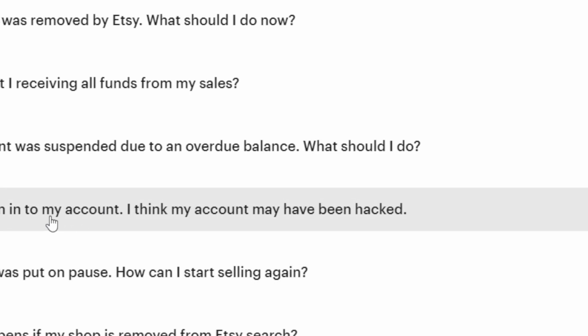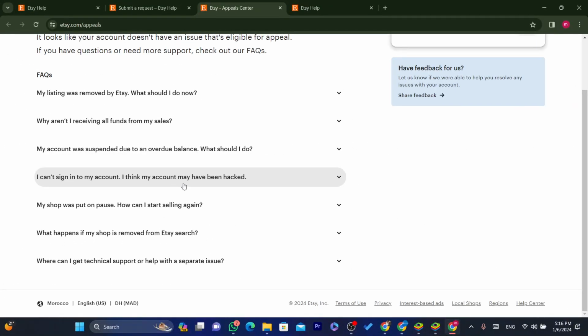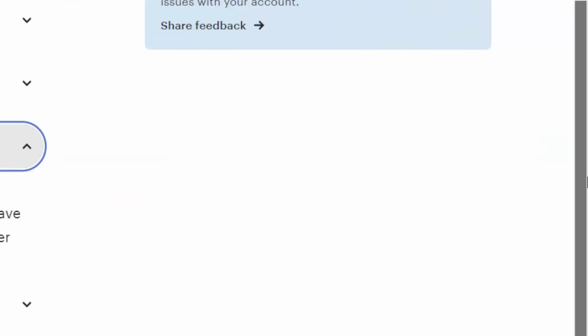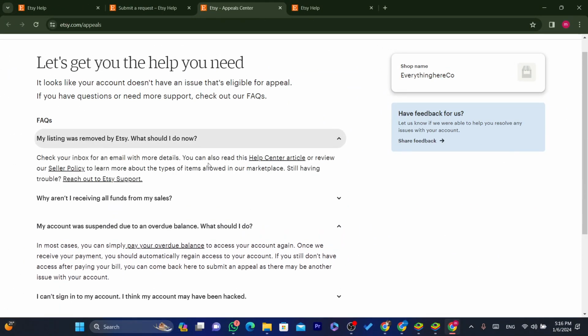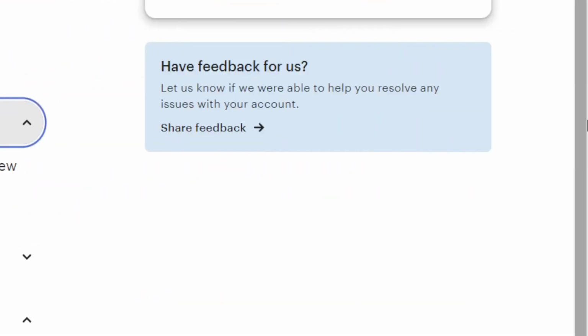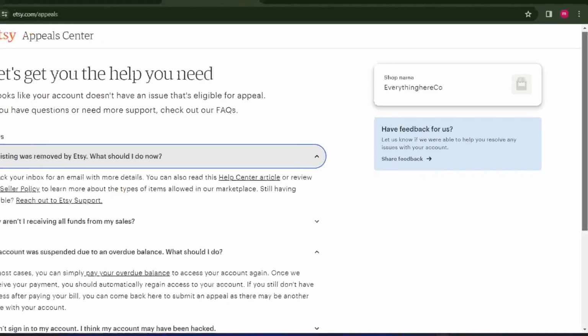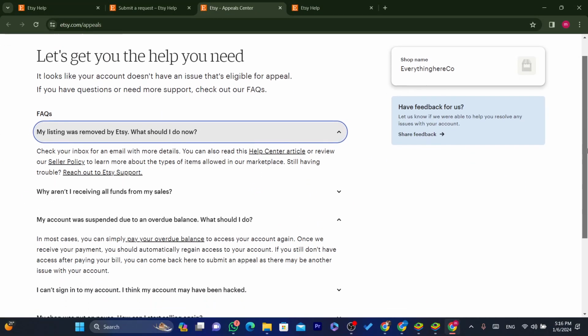I can't sign in to my account. I think my account might have been hacked. My account was suspended due to the overdue balance. What should I do? As you can see, you just need to select the reason here. Okay, so if you select the reason and they don't allow you